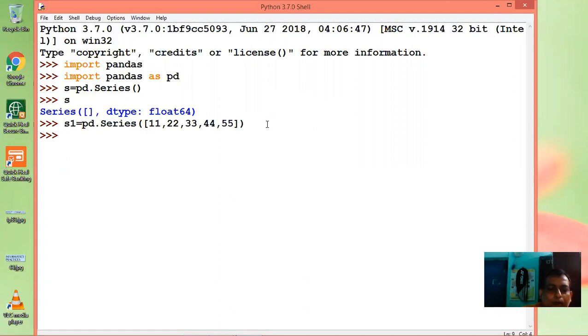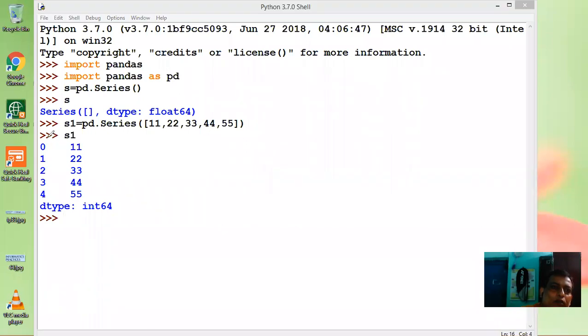Enter. Now s1, enter, to display the Series. Here we can see Series s1 has this one as the index and this one as the data part. So in this way we can create a Series in Pandas.